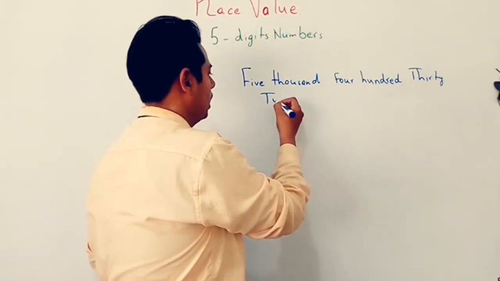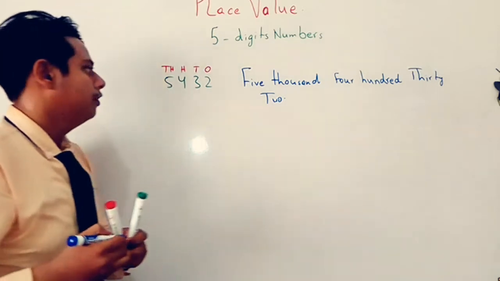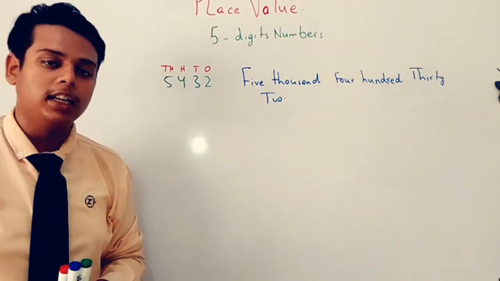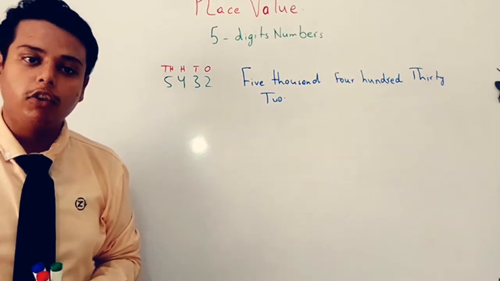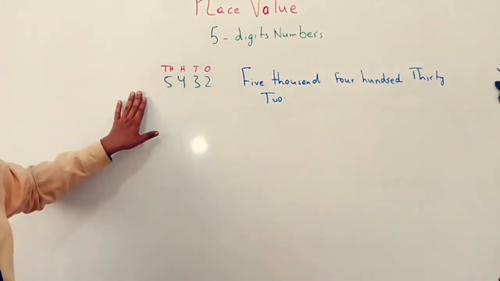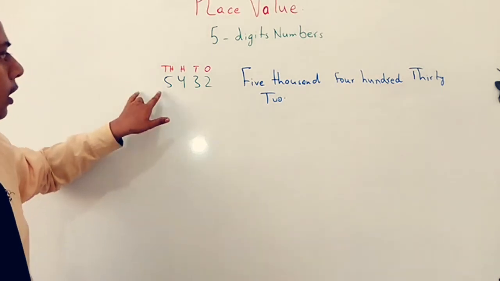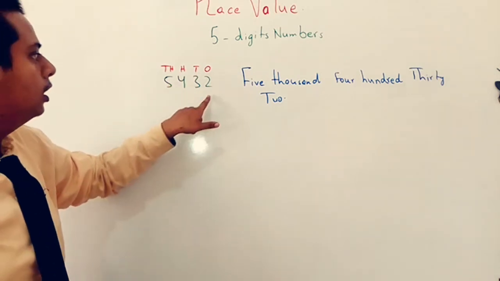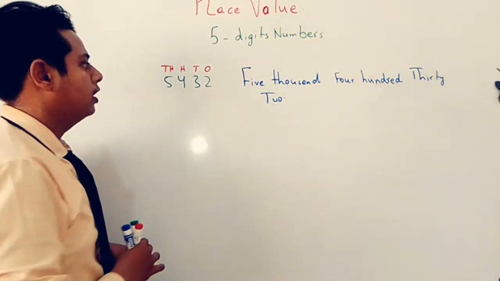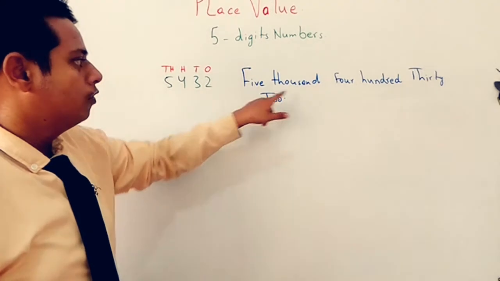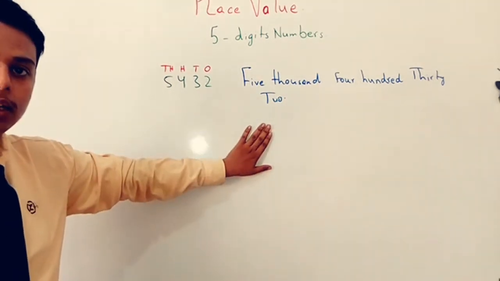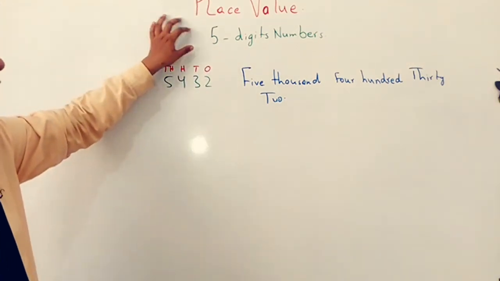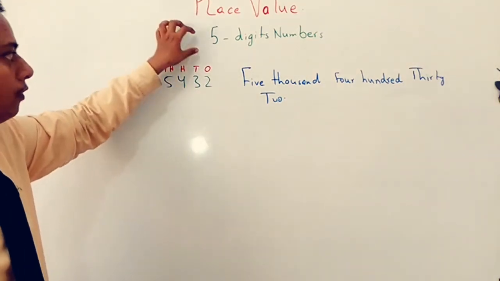As in the last class, last week, we learned how to write the name of any 4-digit number. Last class में हमने क्या किया था? 4-digit number का नाम लिखना सीखा था. जैसे इसके अंदर हमने किया, the number is 5,432. Fine. Now we are going to move forward and learn how we can write 5-digit numbers.